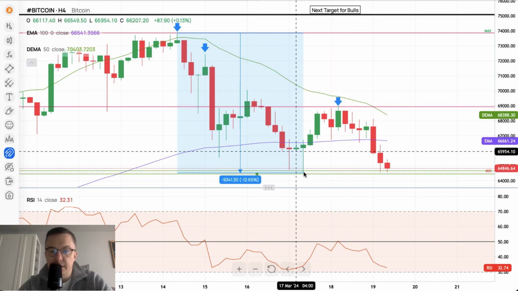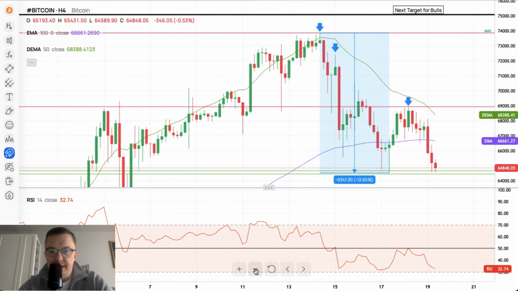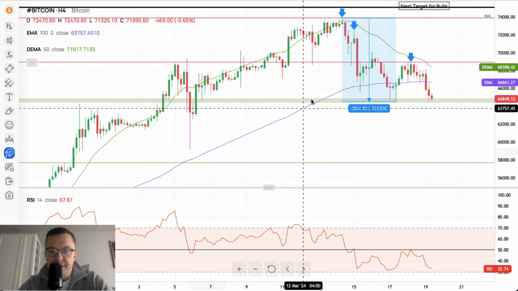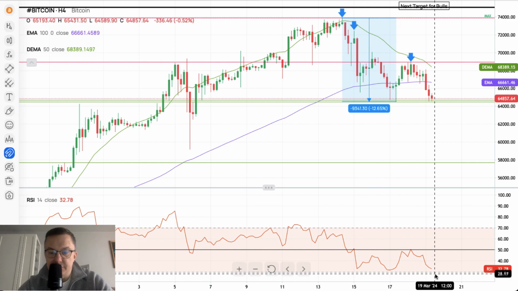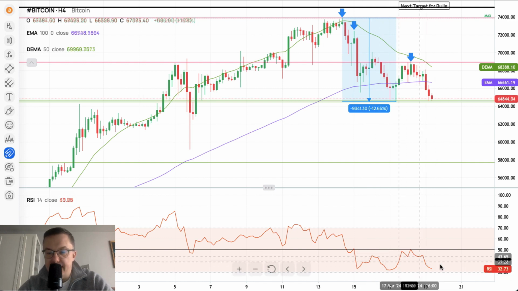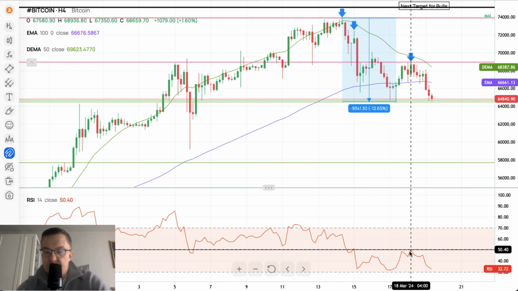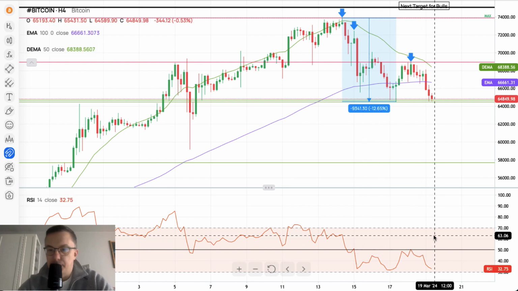If we break below the lows of 64,518, then the next target for the bears is located here. This is the crash of March 5th 2024, located at 59,172. As you can see, the market is totally dominated in the short term by the bears, as they're pushing the market lower and lower. The bulls don't even get the chance to break above the level of 50, which is the neutral level on the 4-hour charts that separates the negative sentiment, negative momentum, from the positive sentiment, positive momentum.